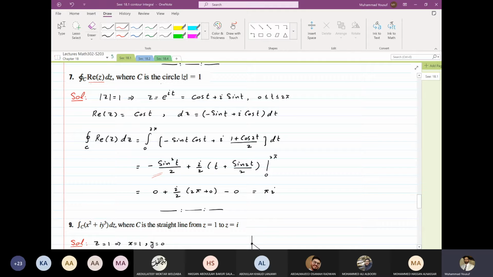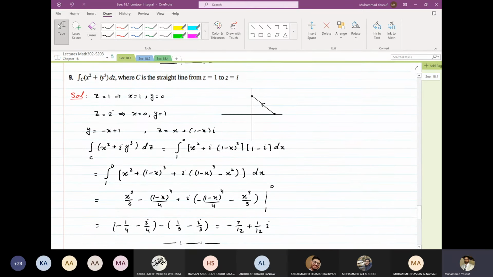And from the second part, only from here, we get a non-zero answer, which is 2 pi, and the 2 and i over 2 cancel. And therefore the final answer is i pi. So here circulation is 0, net flux is pi.